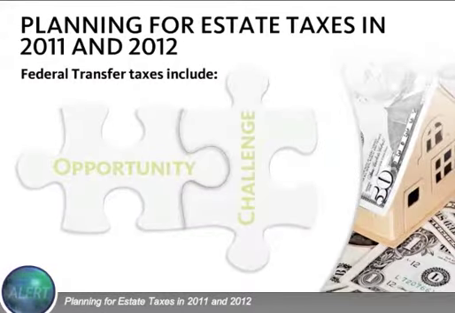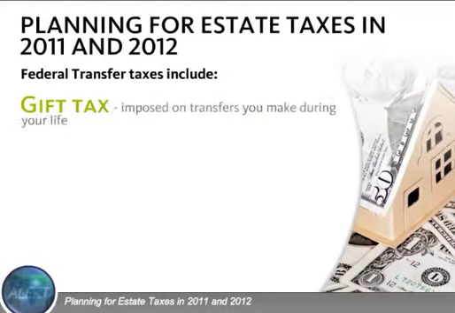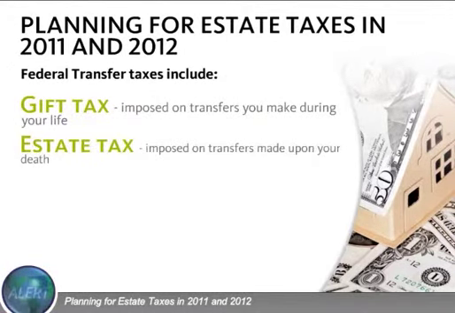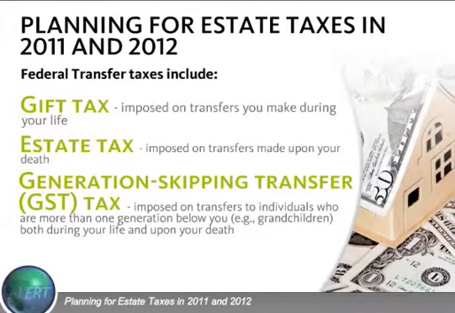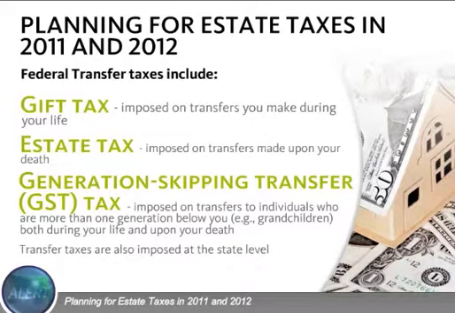There are three types of federal taxes that may be imposed when property is transferred from one person to another, either during life or at death. Referred to collectively as transfer taxes, these taxes are the gift tax, the estate tax, and the generation-skipping transfer tax. Transfer taxes are imposed on the federal level and also at the state level. Generally, state estate taxes can affect smaller estates, so it's important for you to get information on any state transfer